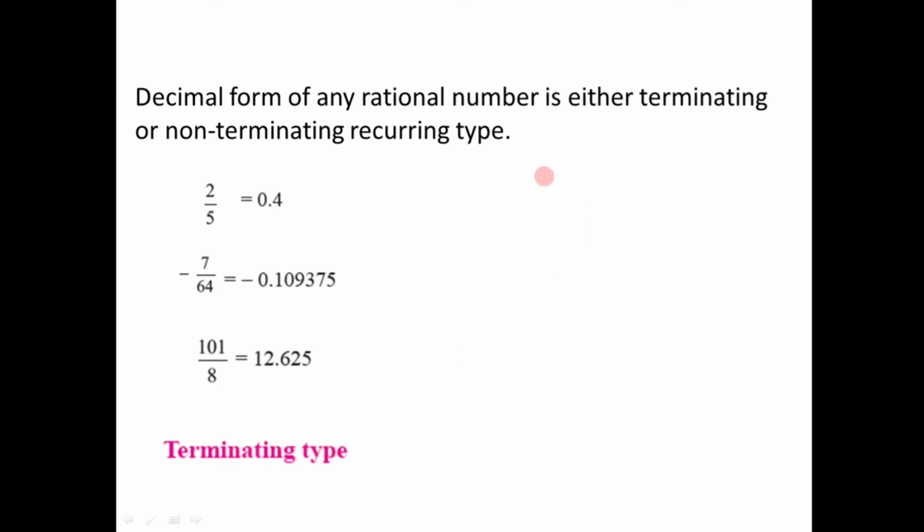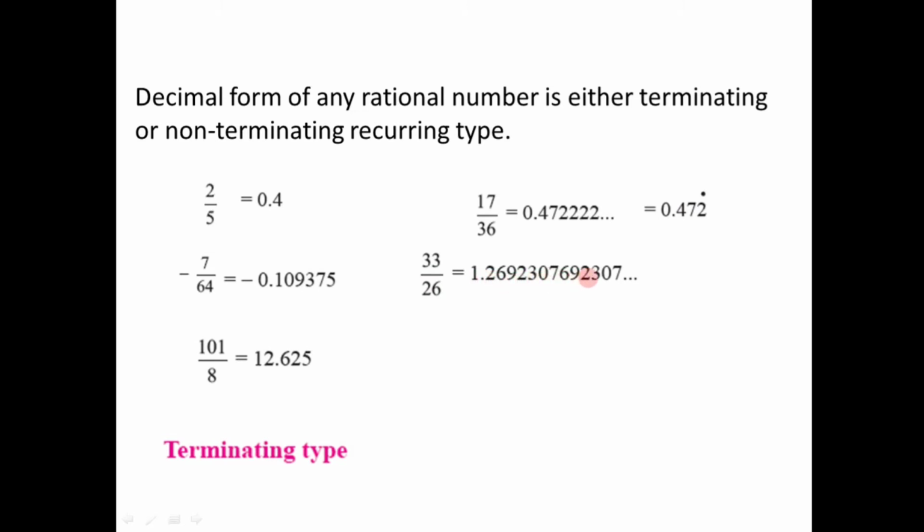Let us have another group of examples. 17 divided by 36. If we try to divide 17 by 36, we get 0.472222 and so on. That means the digit 2 is repeating here all the time, which can also be expressed as 0.472 recurring, because 2 is repeating again and again, so we can write it as 2 recurring. If we have another example, 33 divided by 26, we get